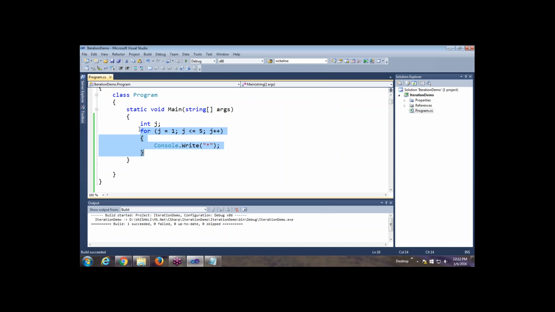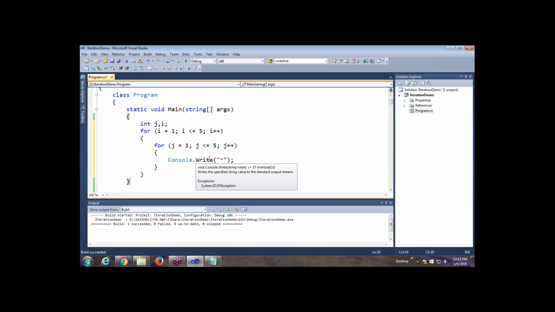So assume this block to be 1 unit. So all we have to do is take another variable, say i. Now here we will write for i equals 1, i less than or equal to 5, i plus plus. Now when we write like this, let me first execute. Observe this part, that here I am writing Console.Write. I am not writing WriteLine. WriteLine is always going to print from a new line. So here we are printing the data on the same line.